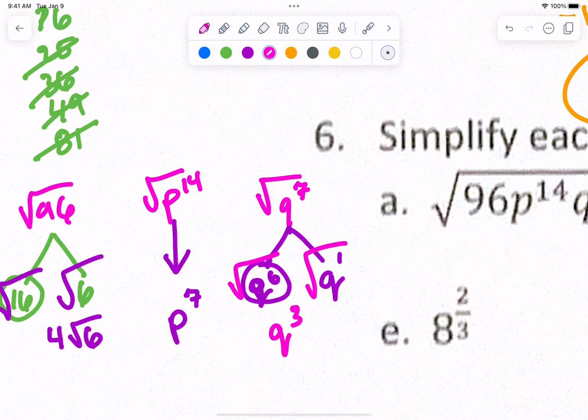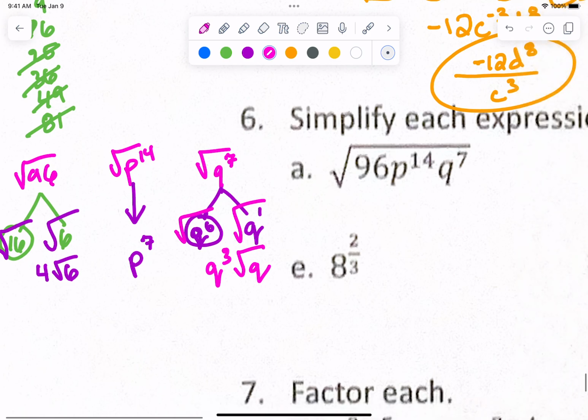q cubed, and the square root of q just stays underneath. All right? Now we jam it all back together, and it is